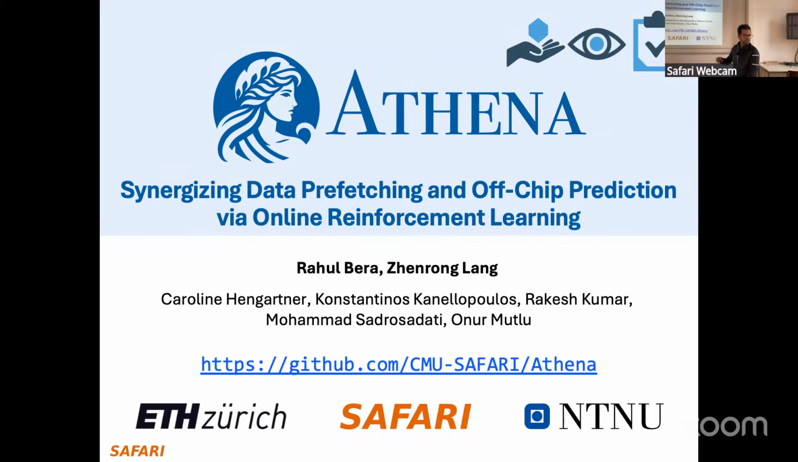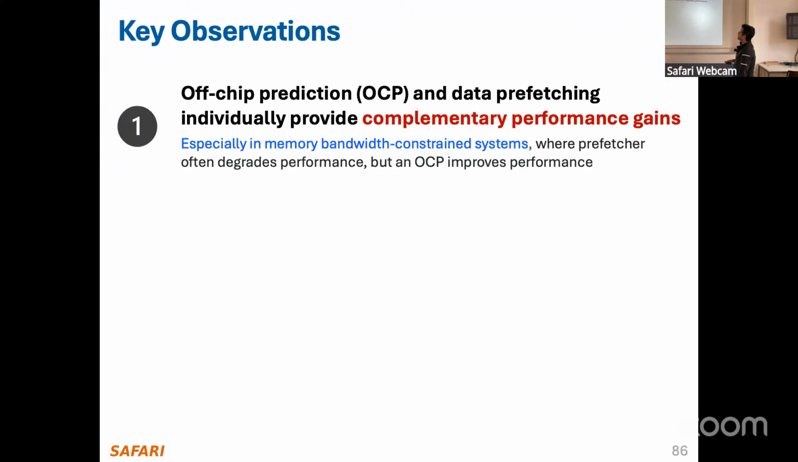a couple of months back in Sydney. Yeah, it's already a couple of months. So this is called Athena, synergizing data prefetching, which we already saw, where Pythia is one example, and off-chip prediction, where Hermes is one example, via online reinforcement learning. Again, RL comes back to the rescue. So what we showed here, and I'm going to keep it a bit high level for this work,